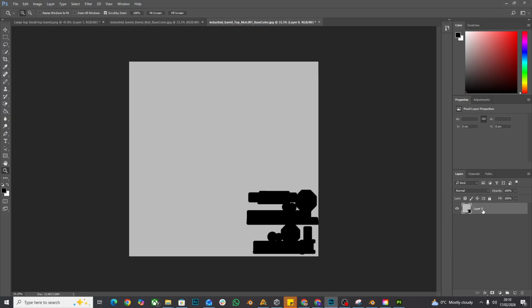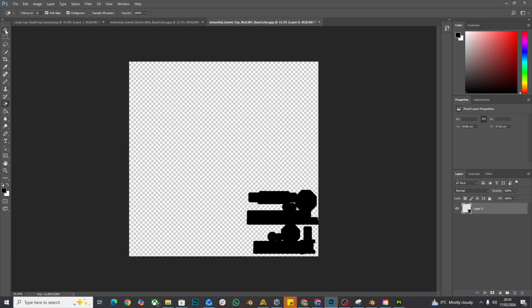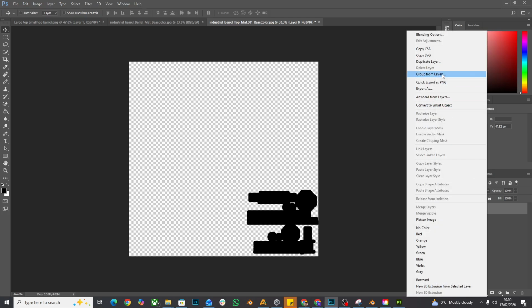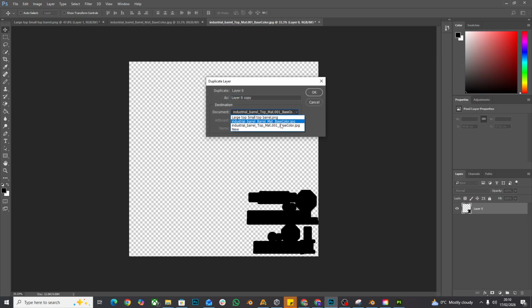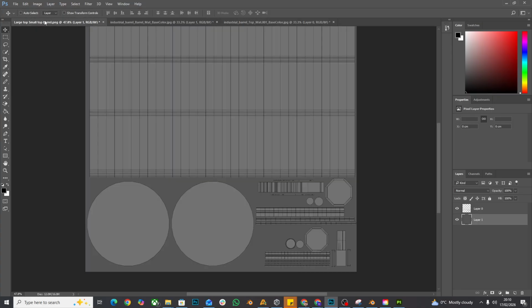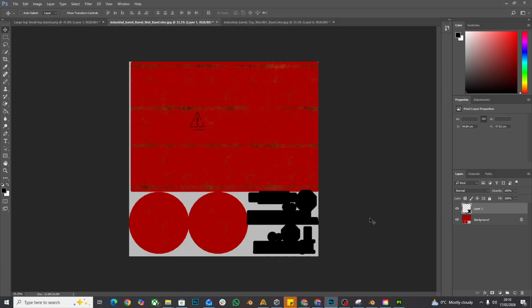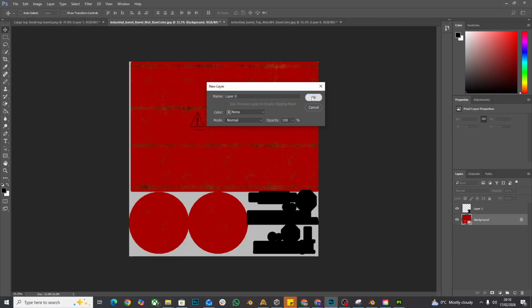So for instance, I'm going to unlock this by double clicking it. I might want to use the magic erase tool. And because I use the background color, I can just click this, get rid of that gray. And then I can just duplicate this layer over to say this base color here, if I want to bring them all together into one image, or if I want to bring both of these over